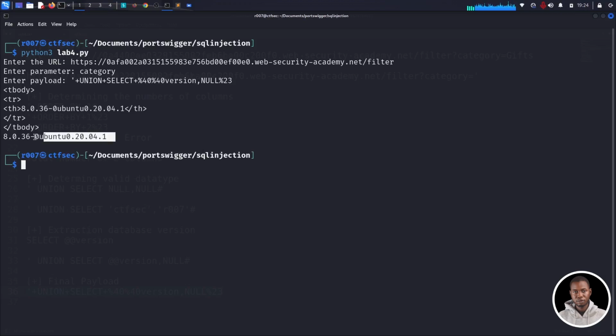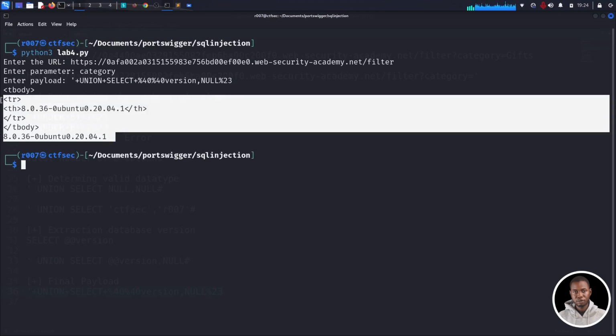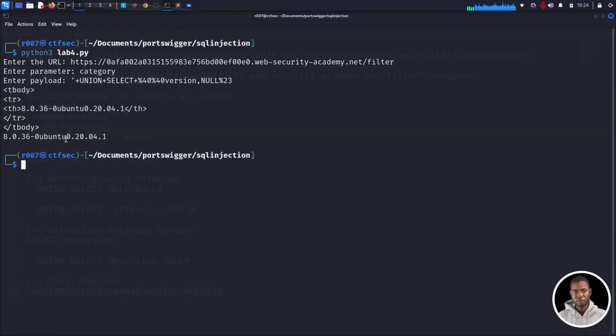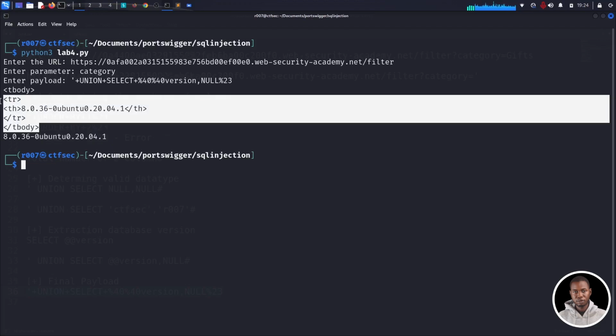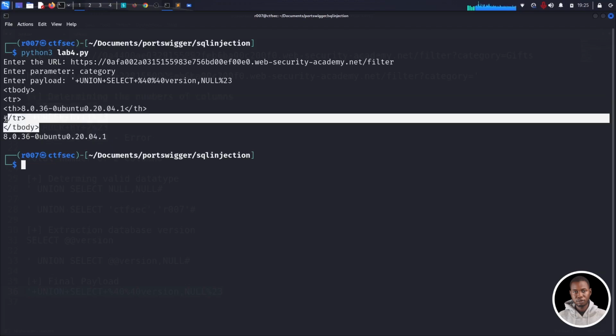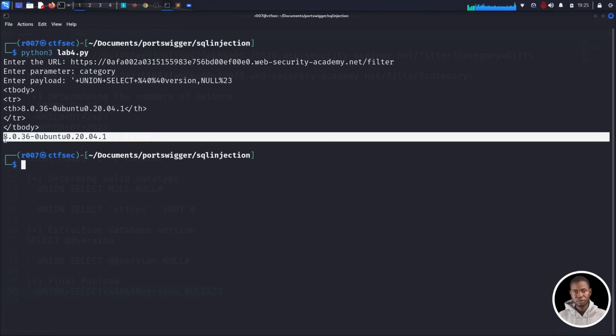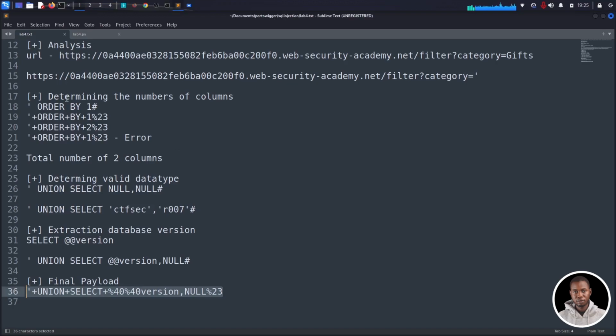All right, great. So we have our extracted information here. Now, the reason why we're having both the HTML and the extracted data is because I didn't comment out the first print statement. So if you go back to the code,